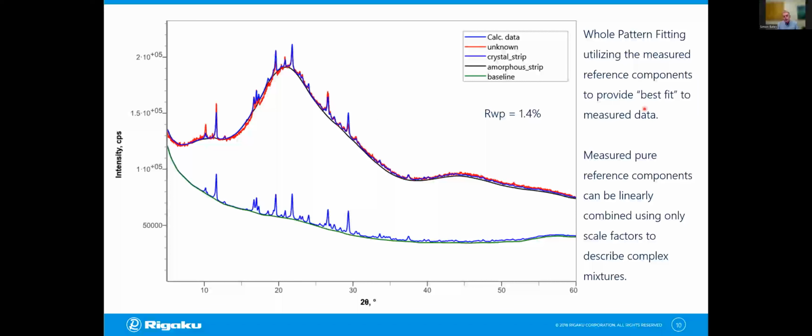Now, for most real materials, it could well be that you're not able to get pure reference components. You know, a lot of the time you're working with intermediates or tablets with multiple components in there. And it could well be that some of the polymorphs you want to characterize, you can never actually isolate them in a pure form. They always come in mixtures, or you may have an amorphous form that's very unstable and it crystallizes pretty quickly. So it's almost impossible to get a pure amorphous form that you can actually collect data on. So in those cases,